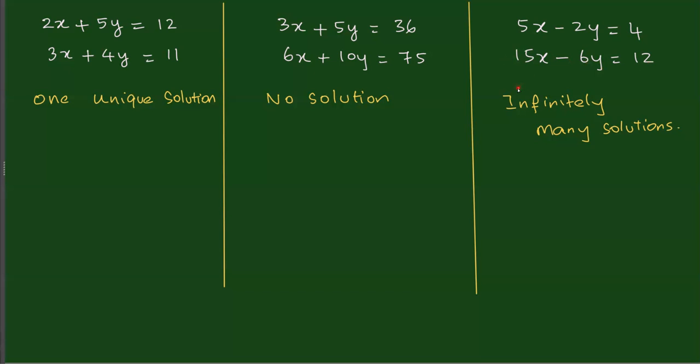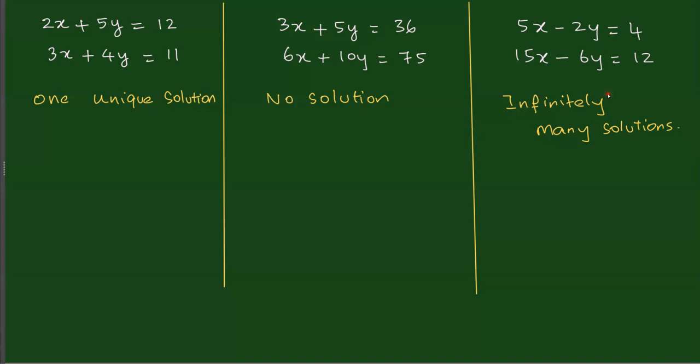So the question now is, in the third set of equations, do we really have 2 equations, or only 1 equation? What do you think? We have two equations. But the second equation is just obtained by multiplying the first equation with 3, right? Actually, wait, there's only one equation. We just multiplied the first equation by 3 and then we got the second one. Yes. If we take the bottom equation and divide it by 3, we'll get the first one. So this is what is happening, guys.